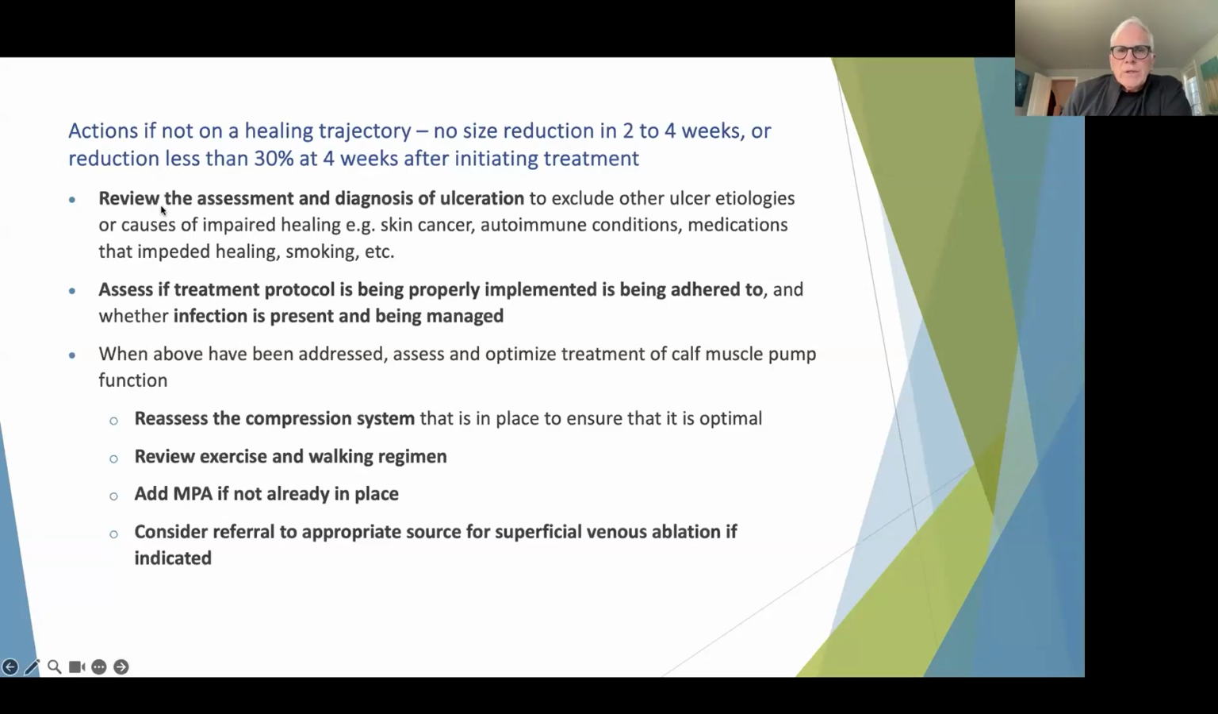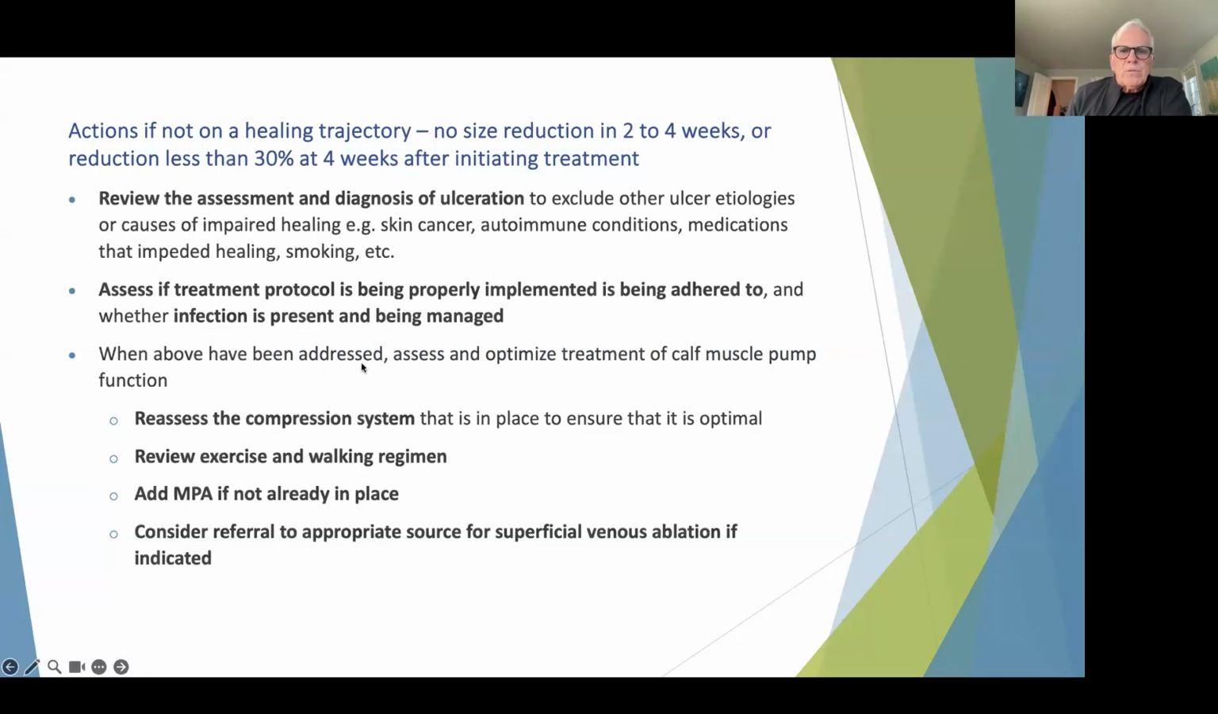First thing, review the diagnosis. Make sure you've got it correct. Make sure this isn't a skin cancer or there isn't any other underlying medical problem that might be contributing to the ulcer. So recheck that diagnosis. The next thing is check that the treatment protocol that you've recommended is actually being properly implemented and adhered to. And then also check that there is no active infection or inflammation that needs to be dealt with. Once you've done those things, you're sure that you've got the right diagnosis, you're sure that the compression is being adhered to, there's no evidence of infection, then